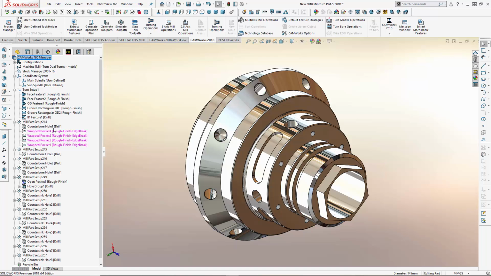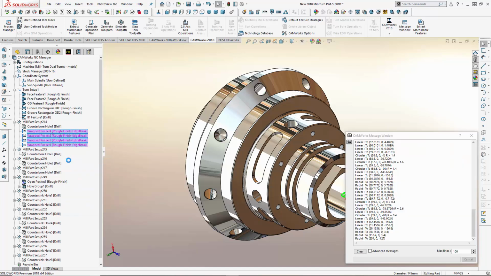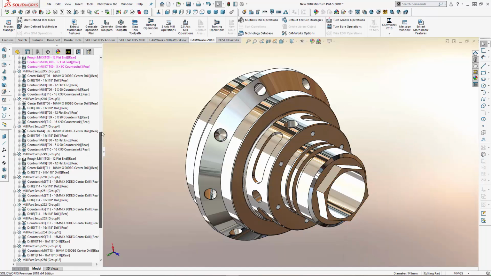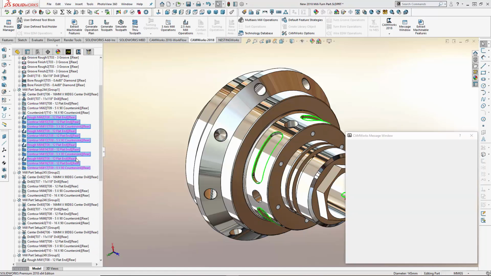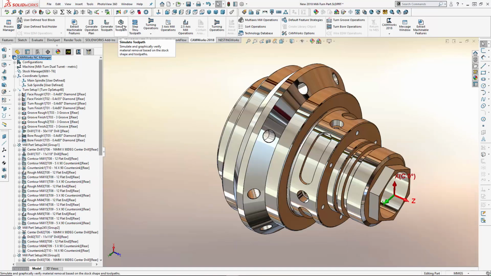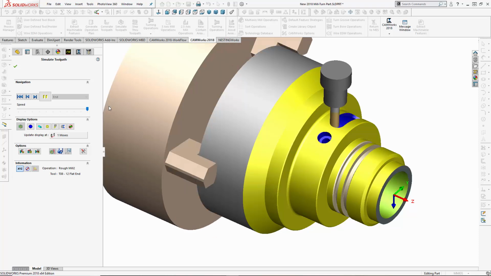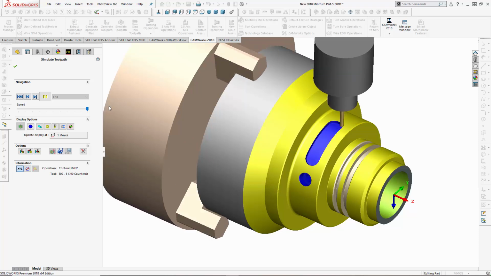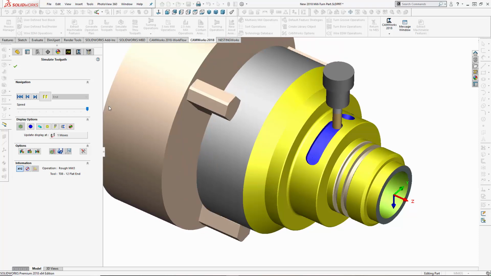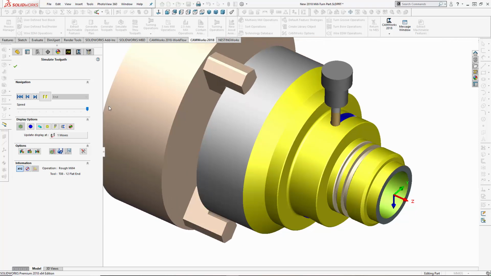Notice how even the most complex machining features can be created quickly and easily using CAMWorks. Once the features have been created, I can quickly generate the operations and then create the toolpaths using intelligence-based machining. Let's run simulation again, and now we can also see the wrap pockets being machined. First they are rough milled, then finish milled, and the strategy even includes a tool to deburr the top edge